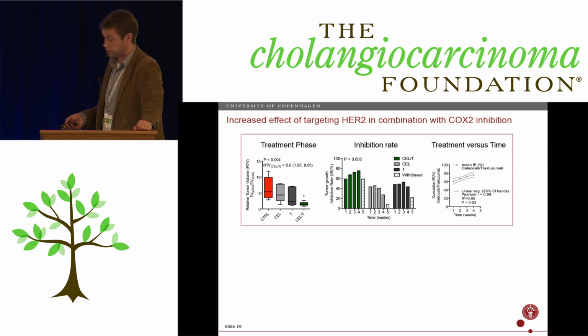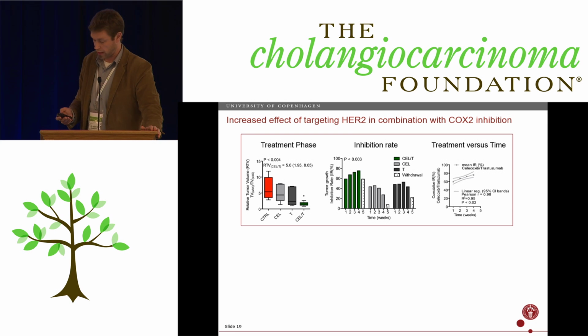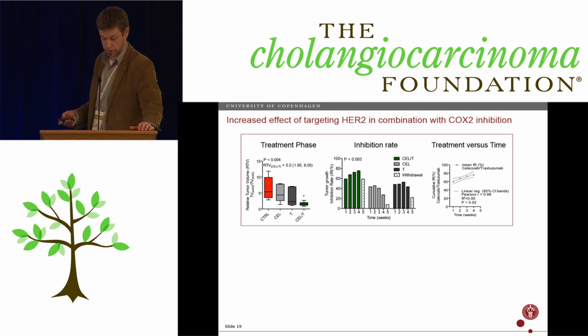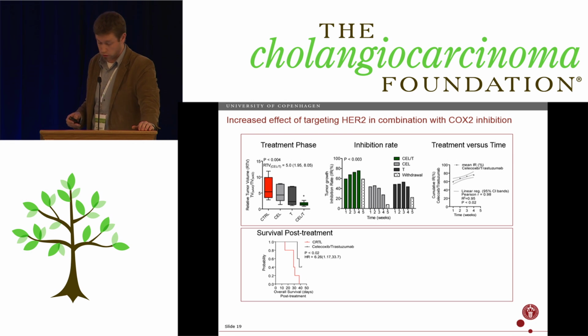That led then to the withdrawal phase, the 5th week of the study, where we do see a small loss of the inhibition of the drug, but not a complete crash compared to the 2 single treatments. So by far, I'm not saying that we can actually cure the mice of the tumors, or that it's a cytotoxic effect, but there is a mix between cytotoxic and cytostatic effect in this model. So that translates into survival post-treatment with an HR, or hazard ratio, of 6.3, which is a pretty good statistical difference between the control and the double arm.